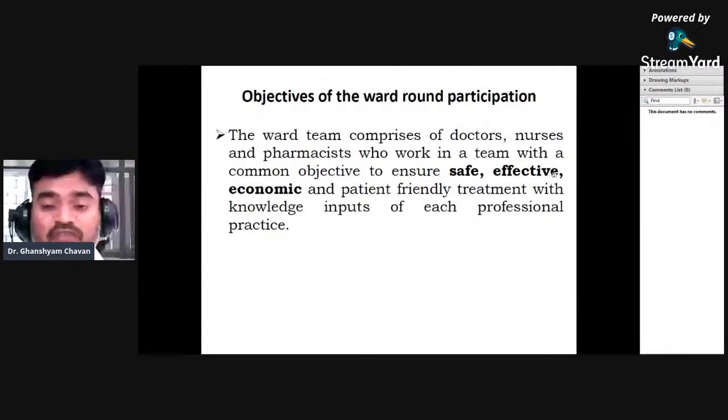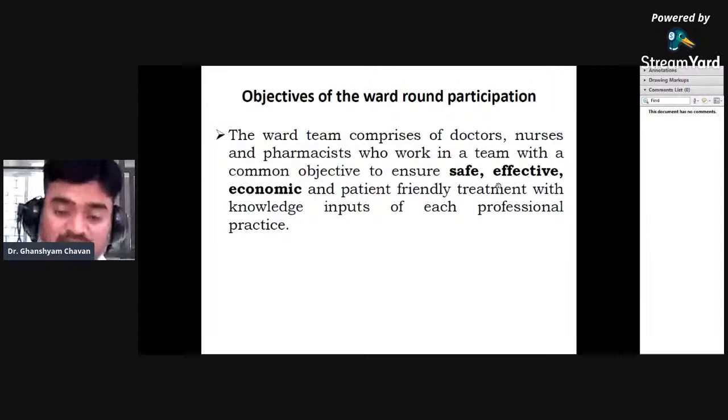Safety, effectiveness, because the patient is suffering from some critical issue or life-threatening disease. So in that, our treatment should be effective so that the patient must come out of that condition as early as possible. So whatever treatment you are giving, it must be precise and it must be effective. It must bring the patients out of that critical condition as early as possible, as fast as he can, and